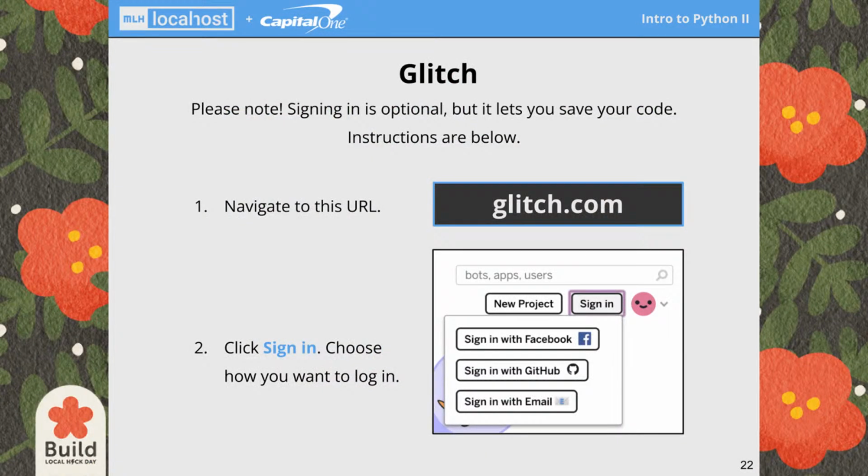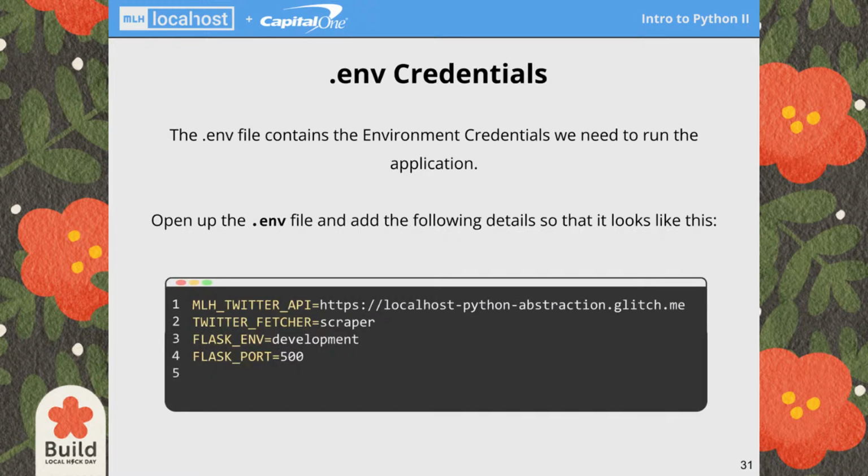I'm going to get to the slide that you all need to follow. It's slide 31. So slide 31. Basically, when you go to .env on Glitch, you're going to want to type in this information. And I'm going to type it in at the same time as you.